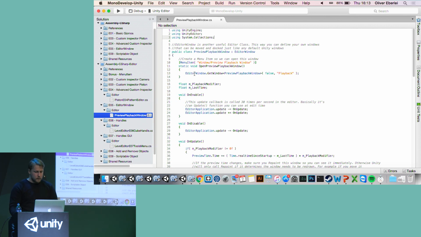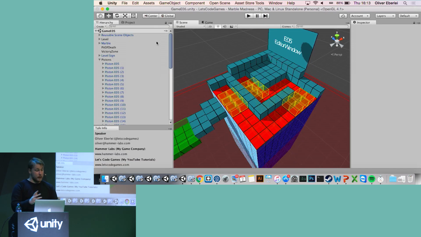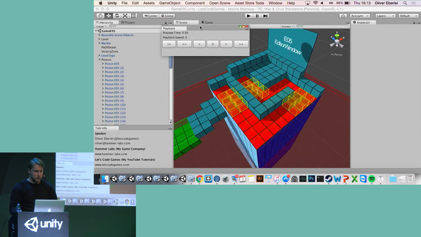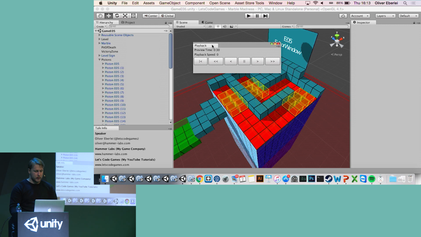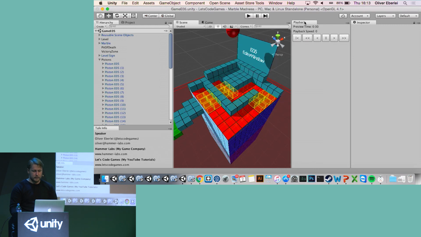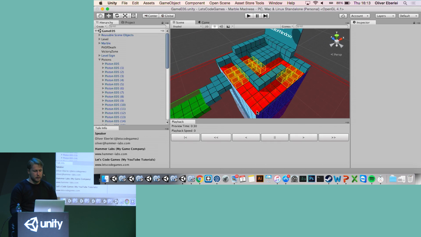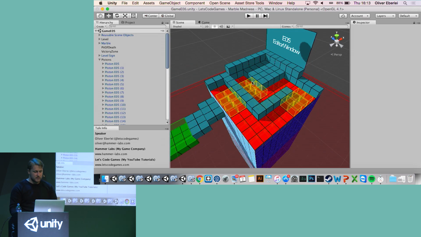And first of all, what you need to do is, basically the window is like every other window, like the hierarchy or project and stuff like that. This is how Unity does their own windows as well. So it has all the functionality of the window. You can drag it around. You can dock it to the window, stuff like that, just like you would expect from any other Unity window as well. So that is very useful.